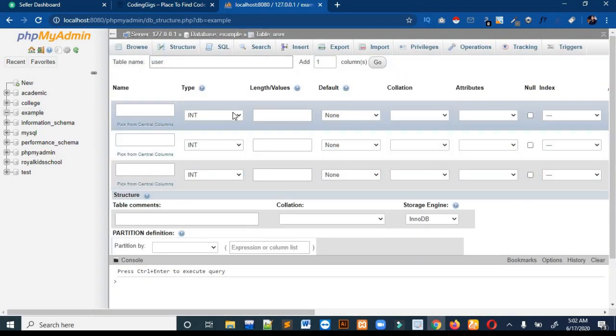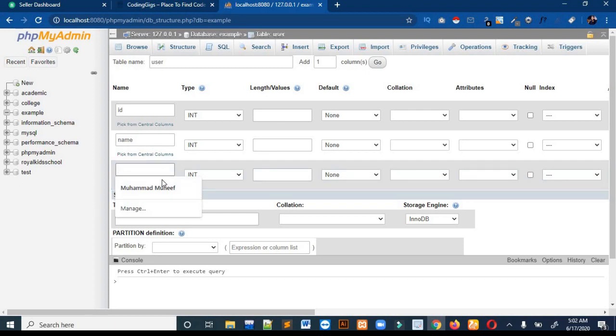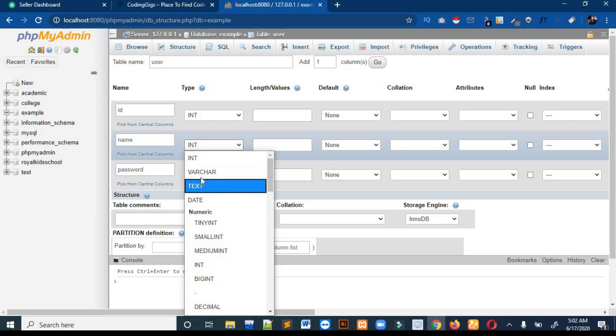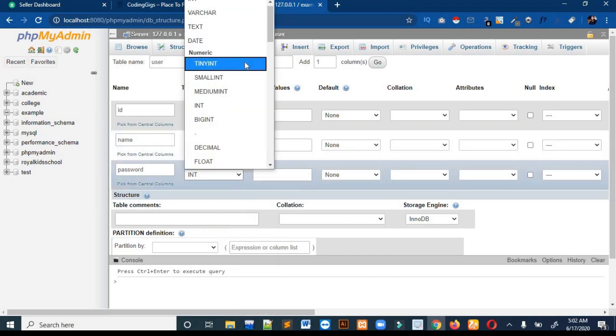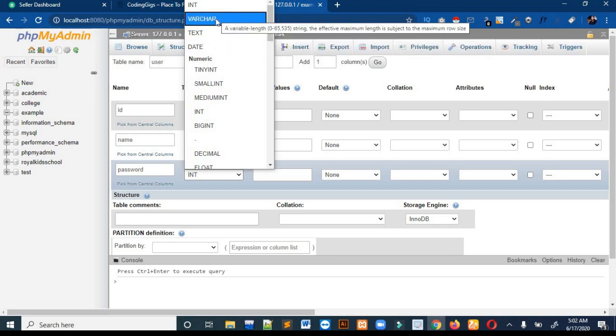You can see that it is asking me the name of columns and different attributes of columns. I will write ID over here, then name, and then password. For the ID I will keep the data type int, for name I will change it to text, and for password I will change it to text again, or you can change it to varchar if you want to.